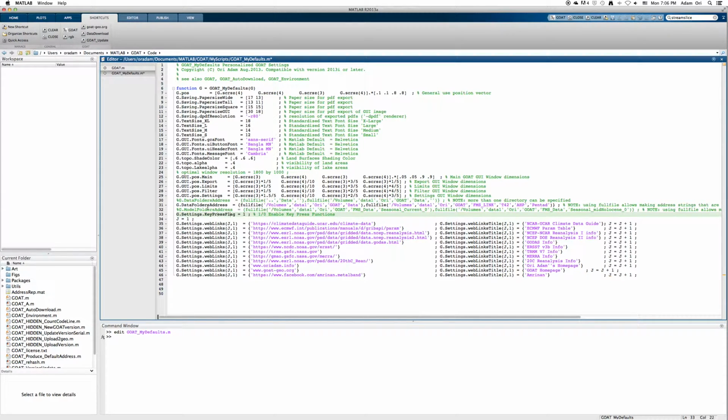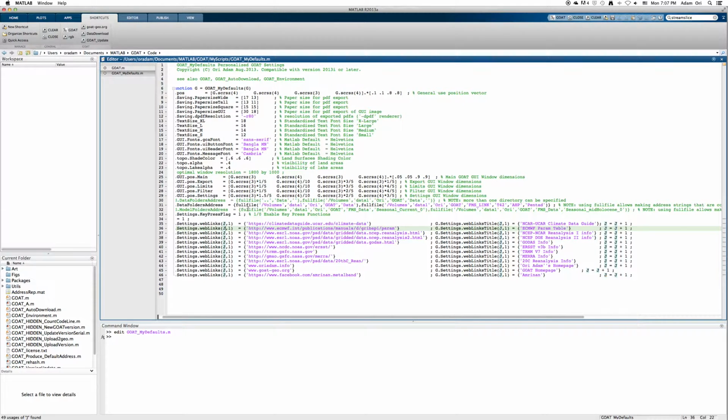You can turn off or on the key press functionality of GOAT. By default it is on, and also add some web links which appear in the GOAT settings menu. So let me show just a brief example of how to customize the GOAT